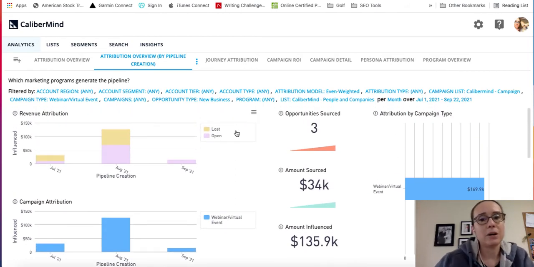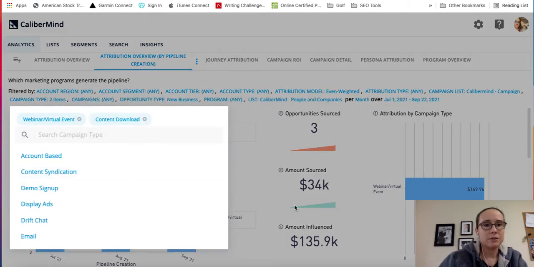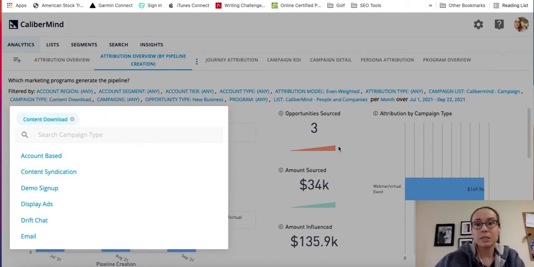Another example of when I want to look at different models is content downloads. Which attribution model you use really depends on which question you're answering. In this case, I want to see which content is effective at the beginning of the cycle, what's being used in the middle, and what's being used throughout. So first touch, middle touch, and even weighted are all models that I want to look at to be able to figure this out as a content marketer.